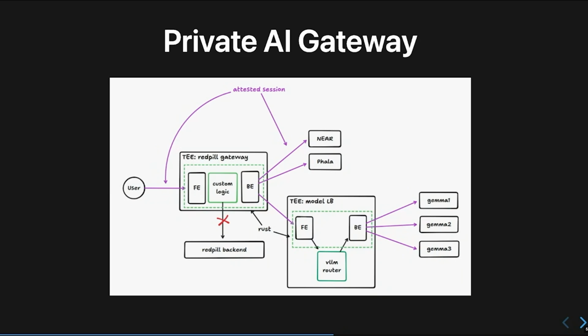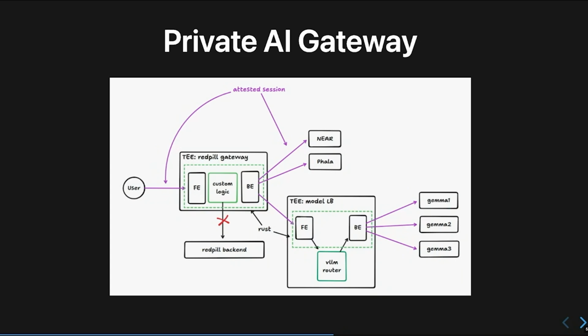And to make that possible, we made a new project called the Private AI Gateway. This is under the dstack organization, and it's fully open source. So essentially, what we need is a backend, and this backend is responsible for understanding who the private inference providers are, like the GPUs. It can be a GPU, or it can be another service. As long as we can prove the upstream itself is secure and private enough, then we can route traffic to them. And the other half is the user-facing side.